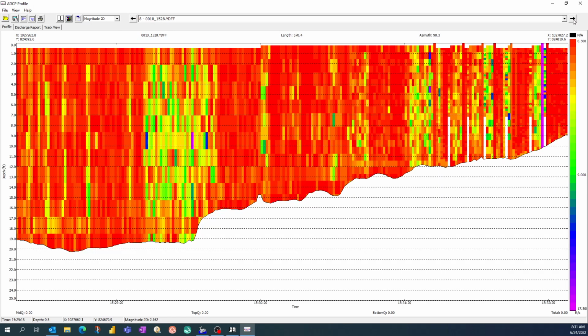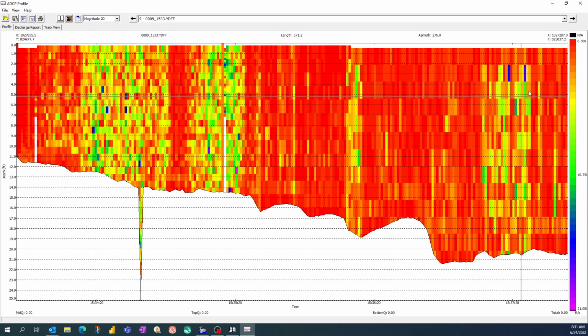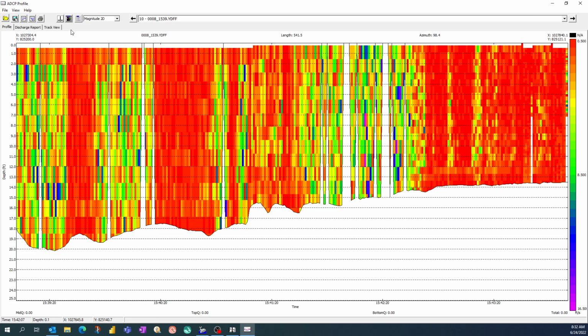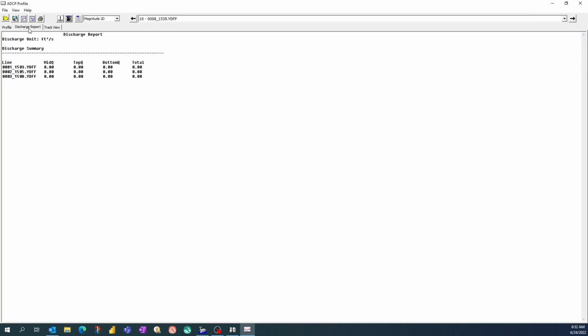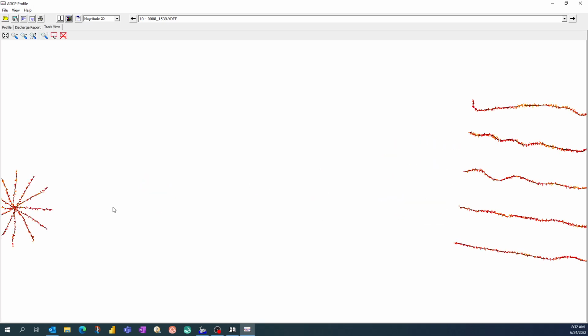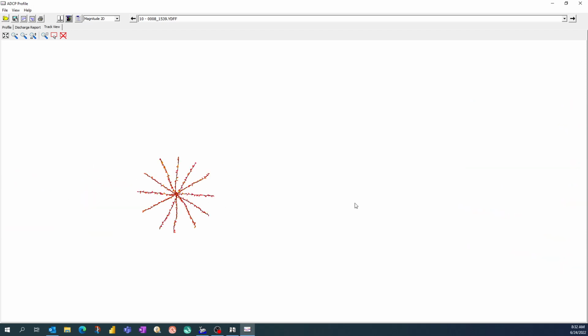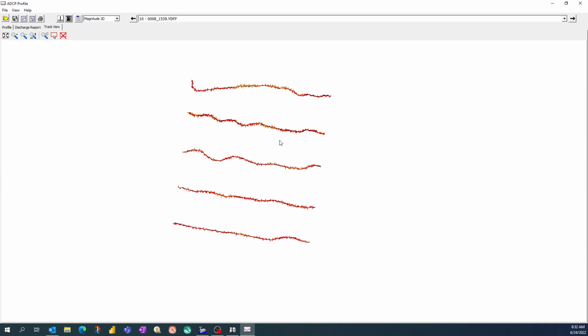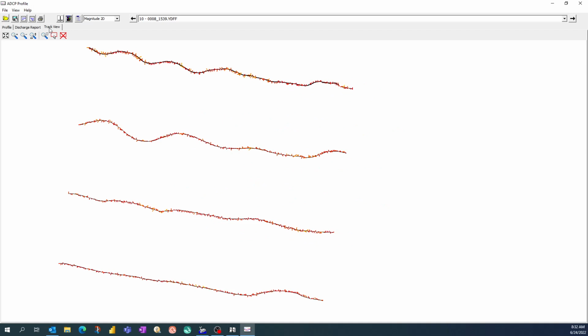But with ADCP profile, I can now notice what's going on. You see flow in 2 different directions, and I can arrow through here. I can also go back to, you won't get a discharge report because it's not a river surveyor, it's a hydro surveyor. If I go to my track view, those are the first 6 lines I was ignoring. That was for a different type of test. But you can also in here export your DXF